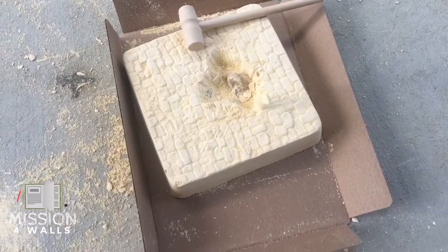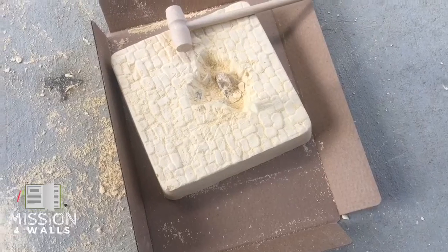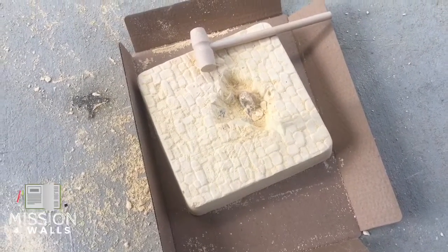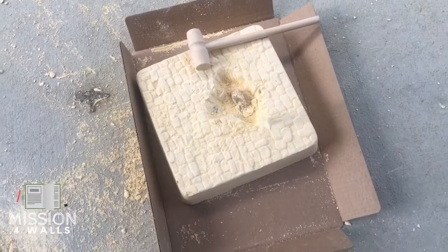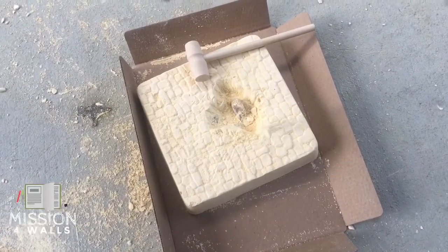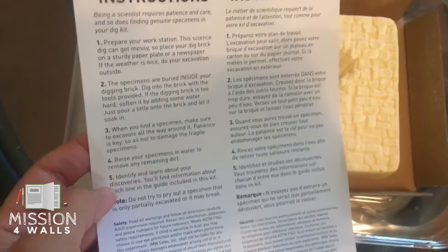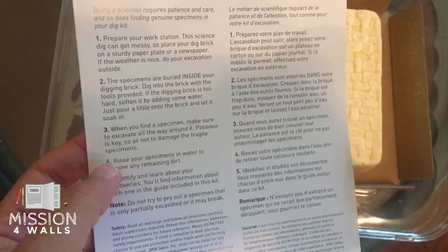Process. It's actually a bit of a challenge to try and figure out where to dig and how, and you really got to chisel it like a real archaeologist or paleontologist. It's very interesting. And the volcano kit. It says here